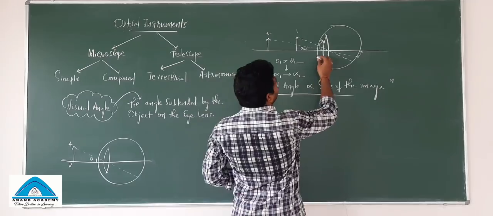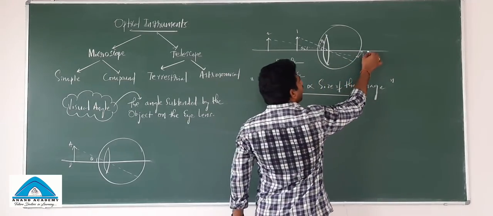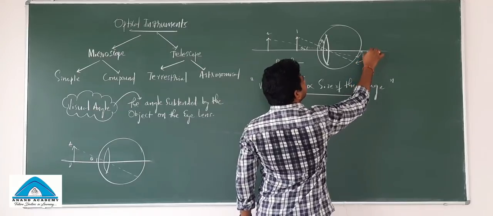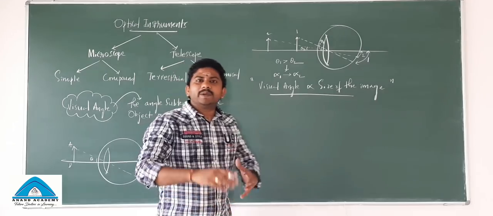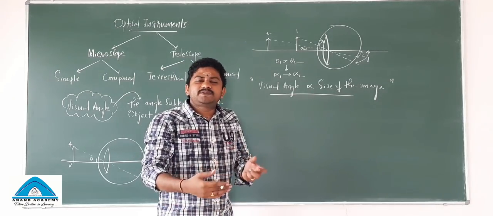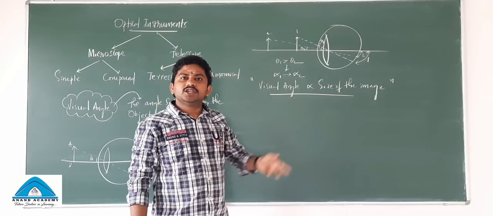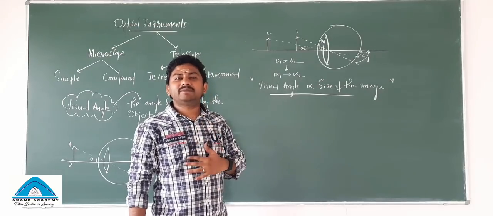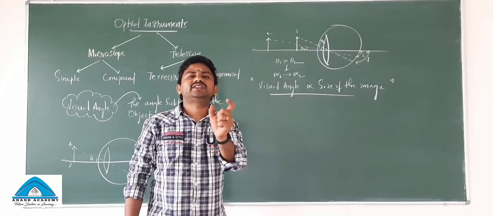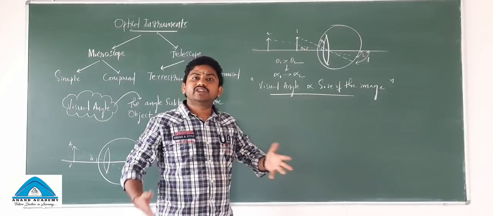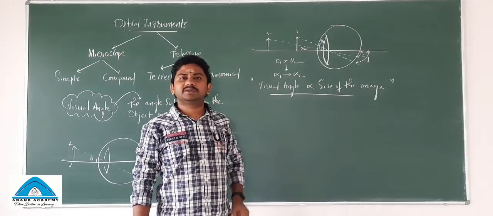And look at it. This is the second case, image formation on the retina. And this is the first case, image formation on the retina. And you may get confused. When the object size is some 5 meters, for example, the image formed on the retina also will be 5 meters, whereas the diameter of the human eye is only 2.3 centimeter. How will the 5 meter image be formed on the retina? That is not the concept.